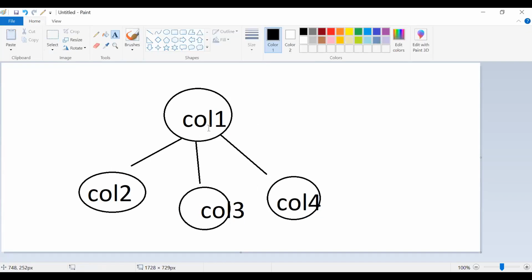This was a tree, let's suppose. So the main disadvantage of a decision tree is that it sometimes does overfitting.